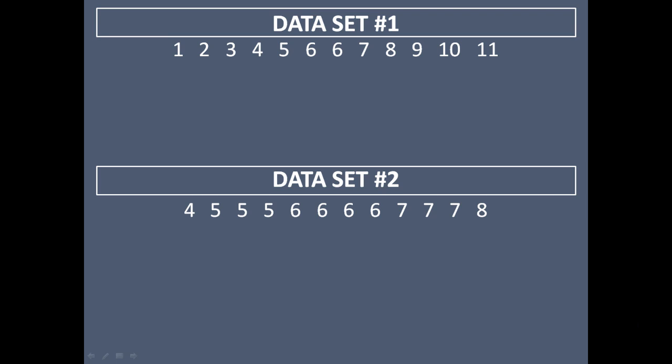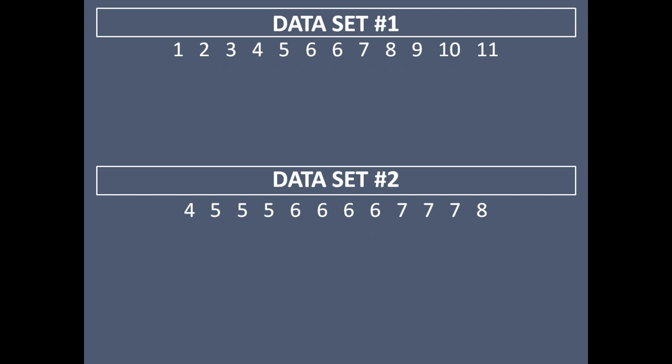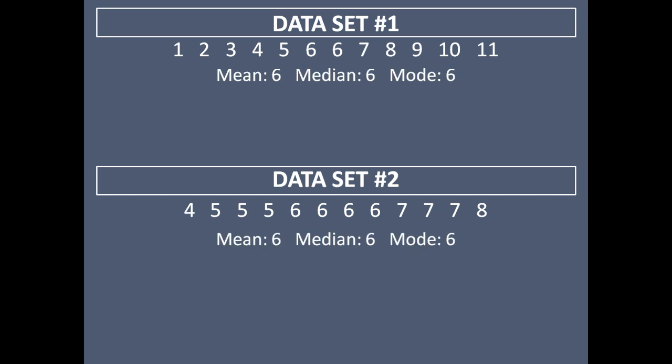If we were to go and calculate our measures of central tendency on these data sets, what we would find with both of them is that they both have a mean of 6, a median of 6, and a mode of 6. If all we were to look at is those measures of central tendency, we might be fooled into thinking that these